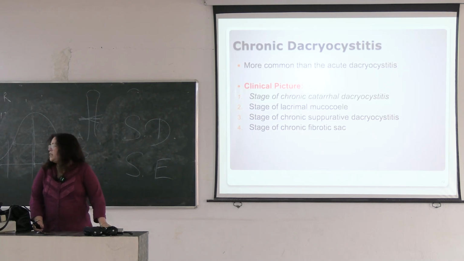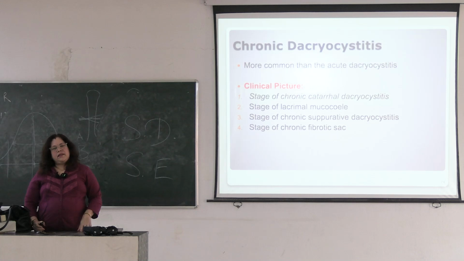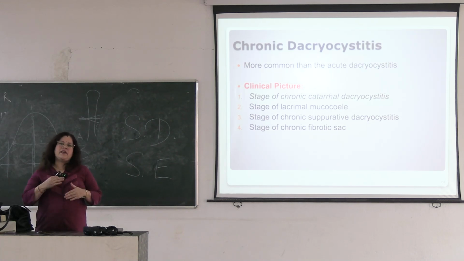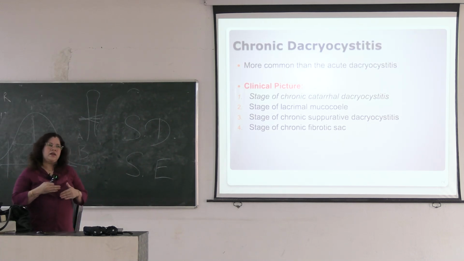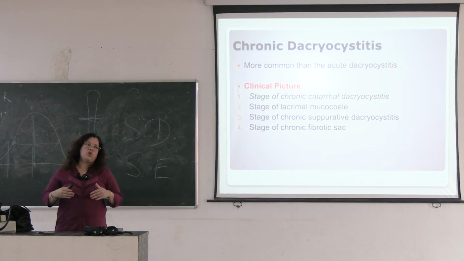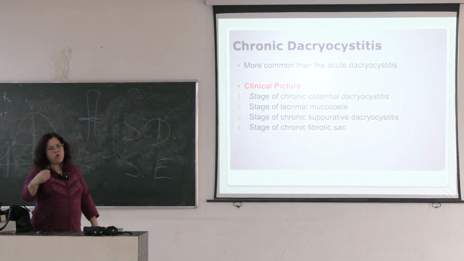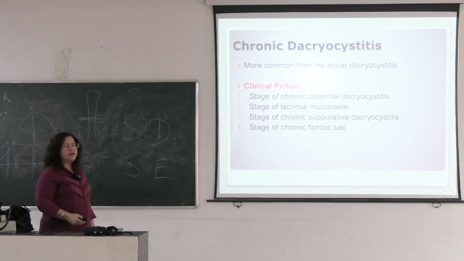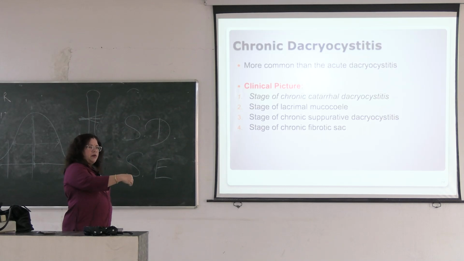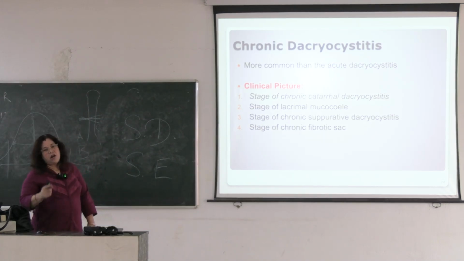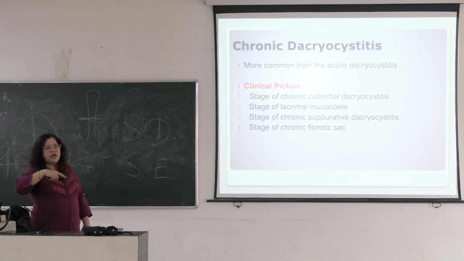Iris shadow is present in immature cataract. Immature cataract acts like a mirror. Some fibers are opaque and some fibers are transparent. So it acts like a mirror, and the shadow of the iris is seen when light is thrown obliquely, so the iris shadow is made over the anterior surface of the lens, and that is called iris shadow, and it is semilunar in shape. Semilunar means half moon.